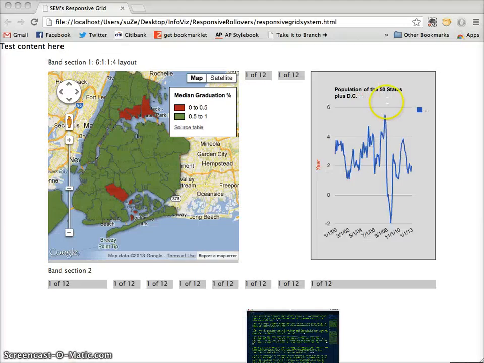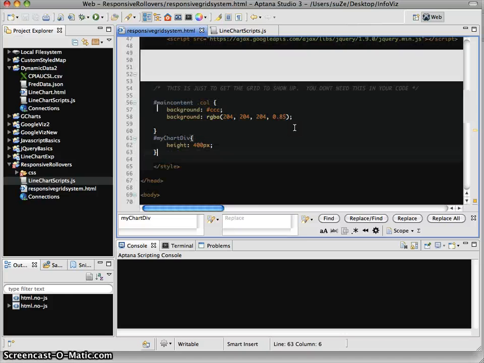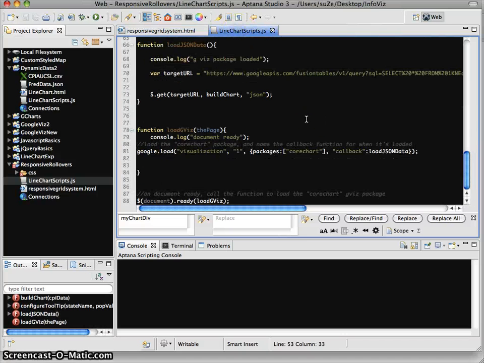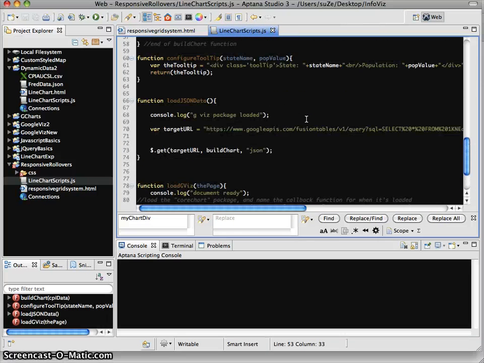Okay, so that's all great because now we have all the important elements, right? We've actually been able to reuse all of the work we've done already. We're loading our Google visualizations, we're loading our chart, we're loading our Fusion Tables map. We've got all of that going, which is great. So now we need to talk about